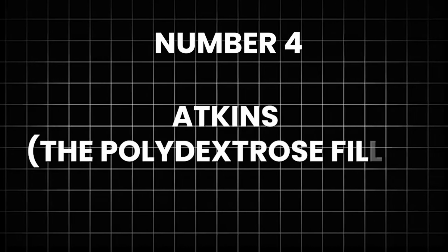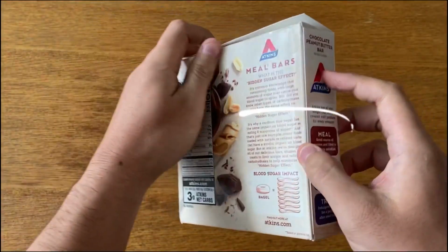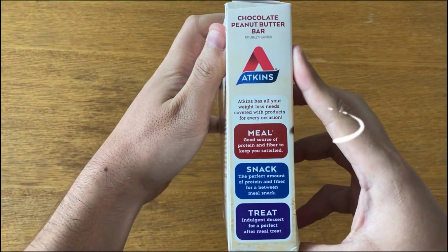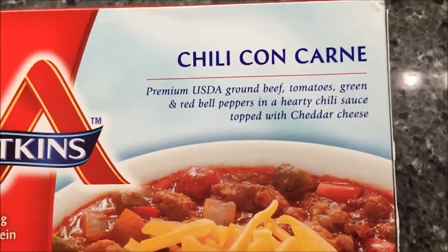4. Atkins, the polydextrose filler. The brand: the original low-carb empire, still a dominant force in US grocery aisles. The hidden carb: polydextrose and glycerin. The label cheat: